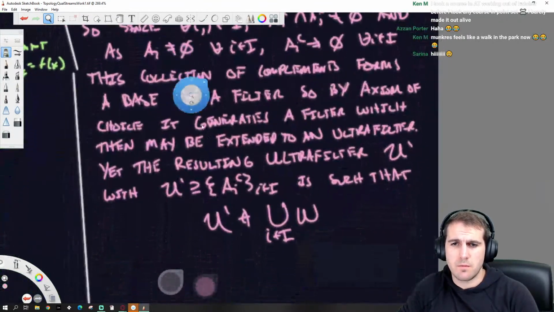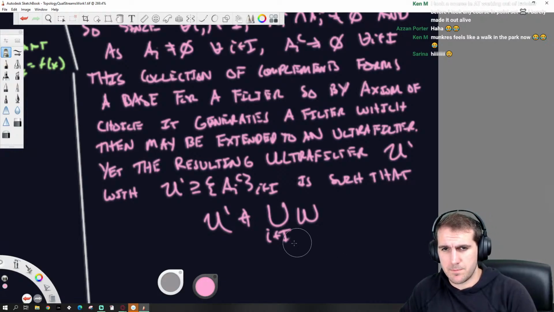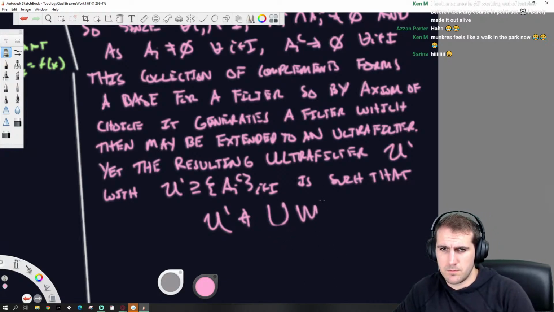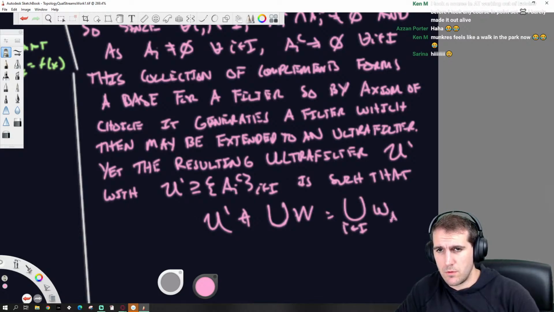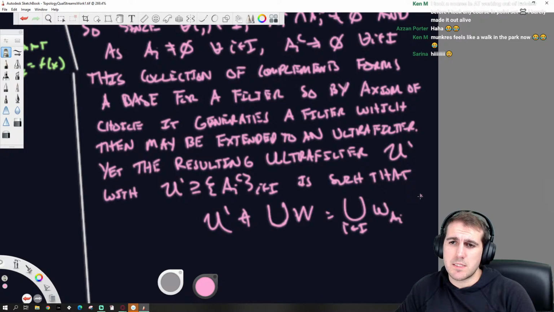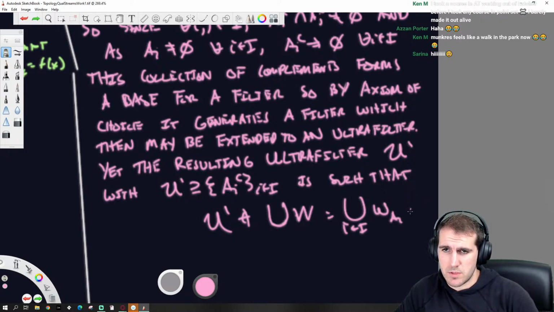Or just, yeah, union over the open cover, which is equal to the union over i with an i of the W_{A_i}'s. But that's a contradiction, because that is supposed to be equal to the whole space.